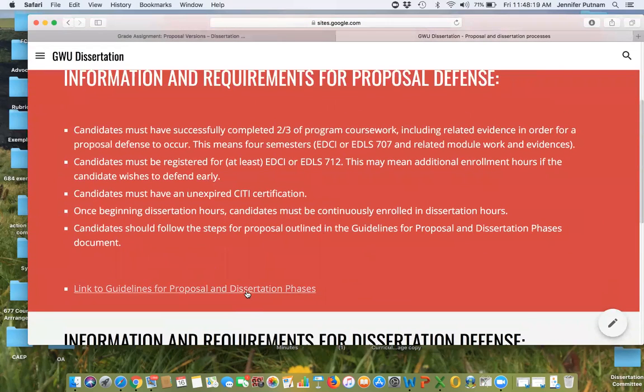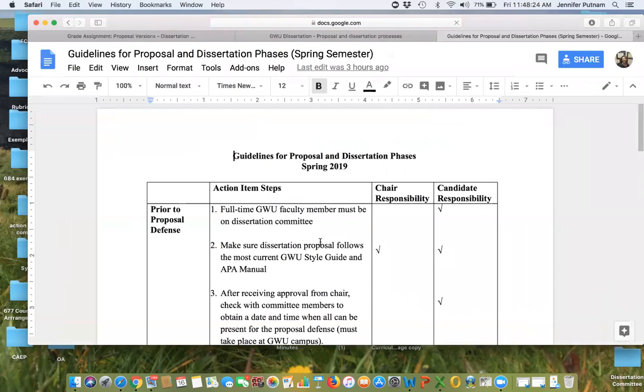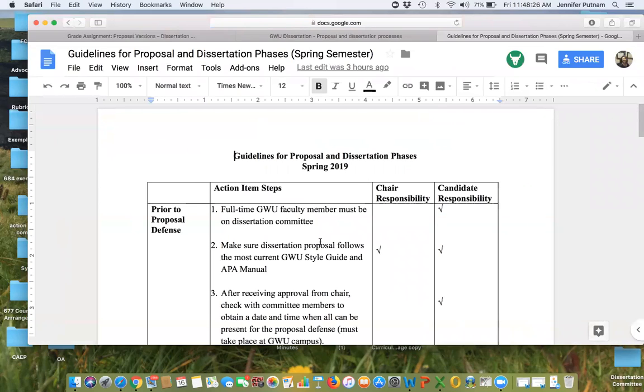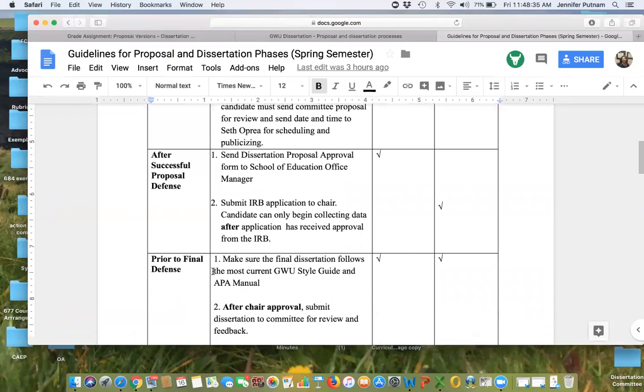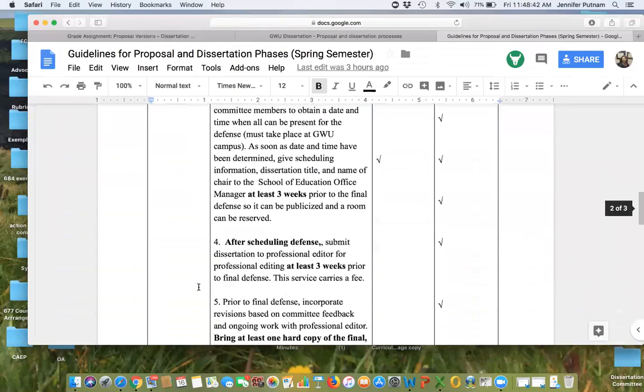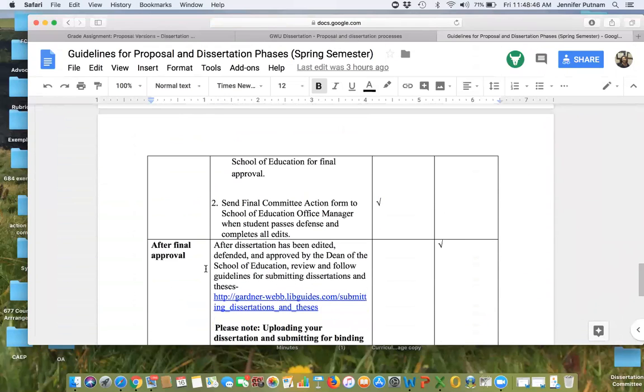There is a link here that shows you step-by-step information and actions that you need to take prior to your proposal defense, after you have successfully defended your proposal, then after you've collected research and written your final dissertation, so prior to the final defense steps that you need to take, and then after your successful final defense steps that you need to take, and then even after you've had a successful defense, there's still work to be done,